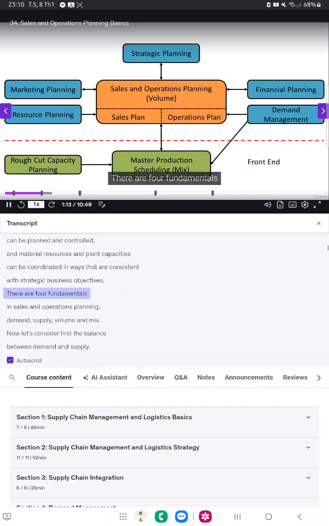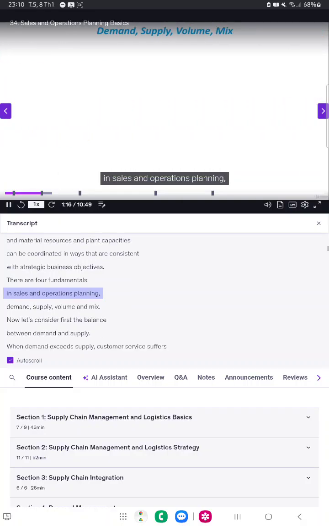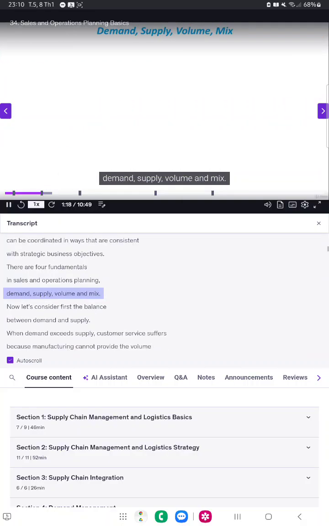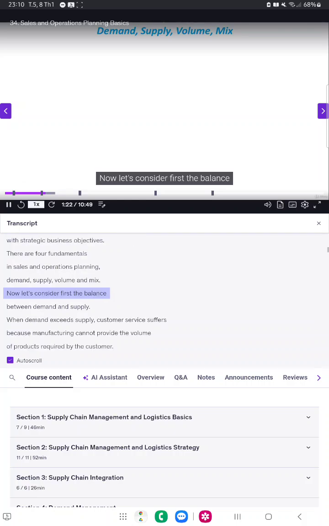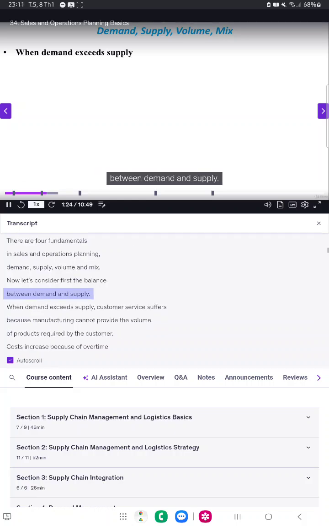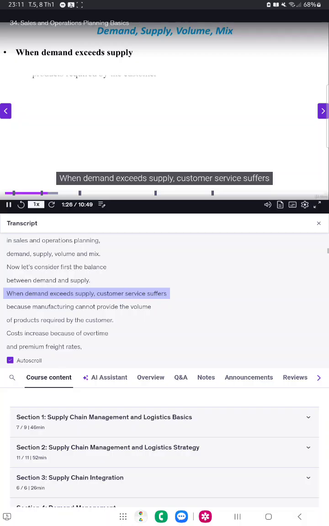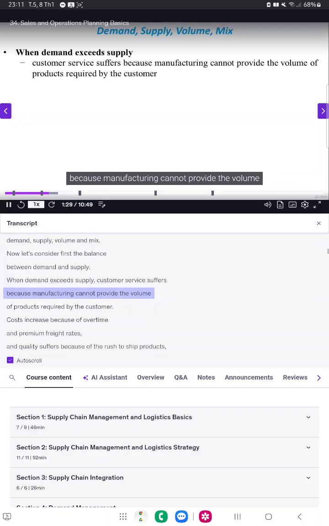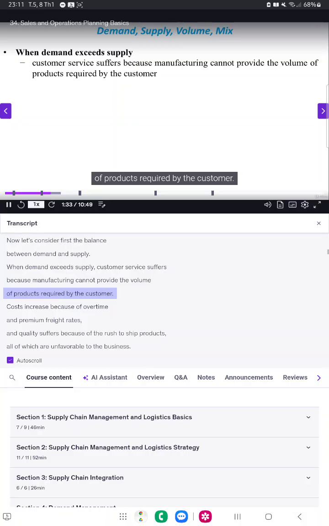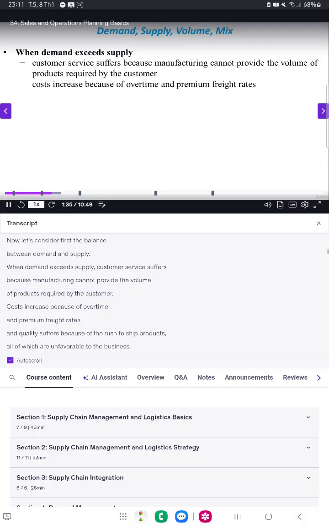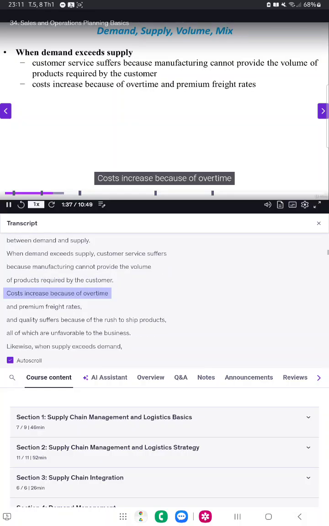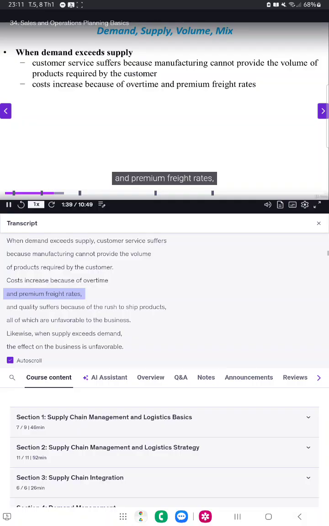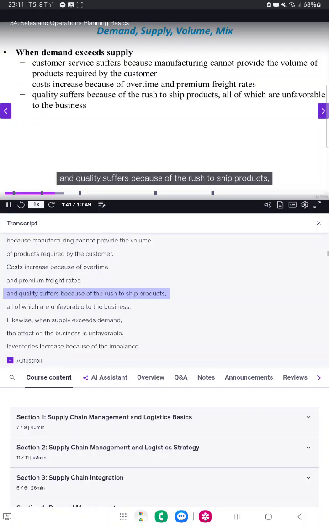There are 4 fundamentals in sales and operations planning: demand, supply, volume, and mix. Now let's consider first the balance between demand and supply. When demand exceeds supply, customer service suffers because manufacturing cannot provide the volume of products required by the customer. Costs increase because of overtime and premium freight rates, and quality suffers because of the rush to ship products, all of which are